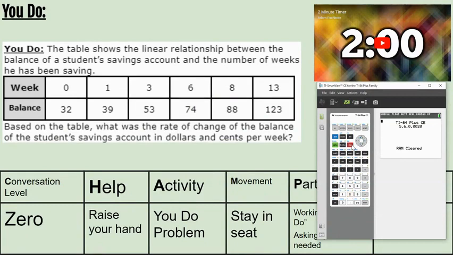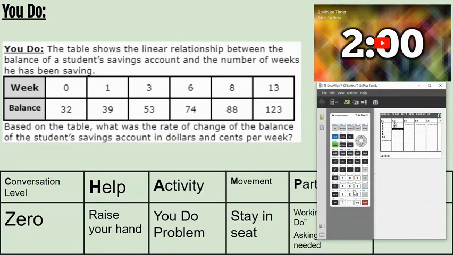We're going to hit stat, enter. We're going to enter in all of our x values, 0, 1, 3, 6, 8, 13. Then we're going to put in our y values, which would be 32,